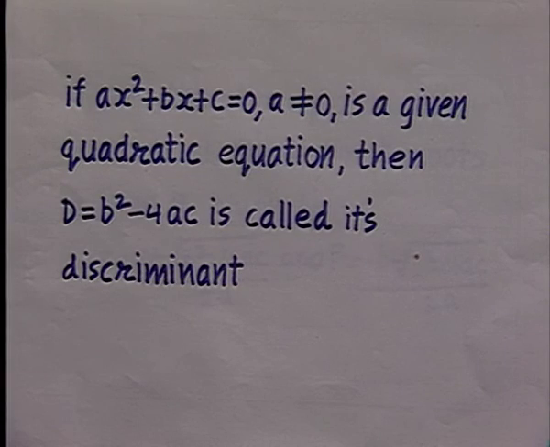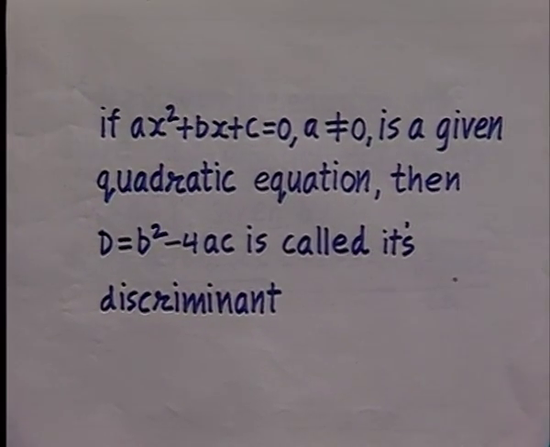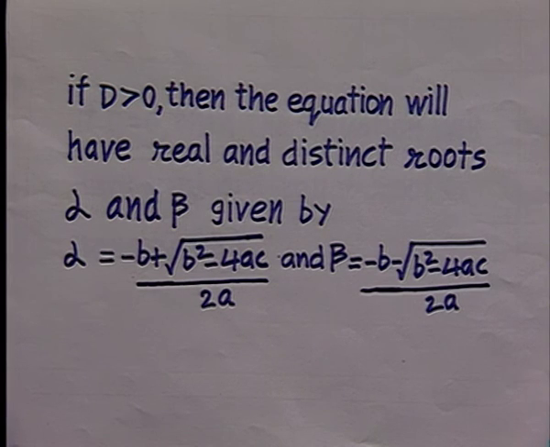Viewers, we learned certain facts regarding roots of quadratic equation in our previous lesson. What are those? We learned that if ax² + bx + c = 0, a ≠ 0, is a given quadratic equation, then D = b² − 4ac is called its discriminant. If D is greater than 0, then the equation will have real and distinct roots alpha and beta given by